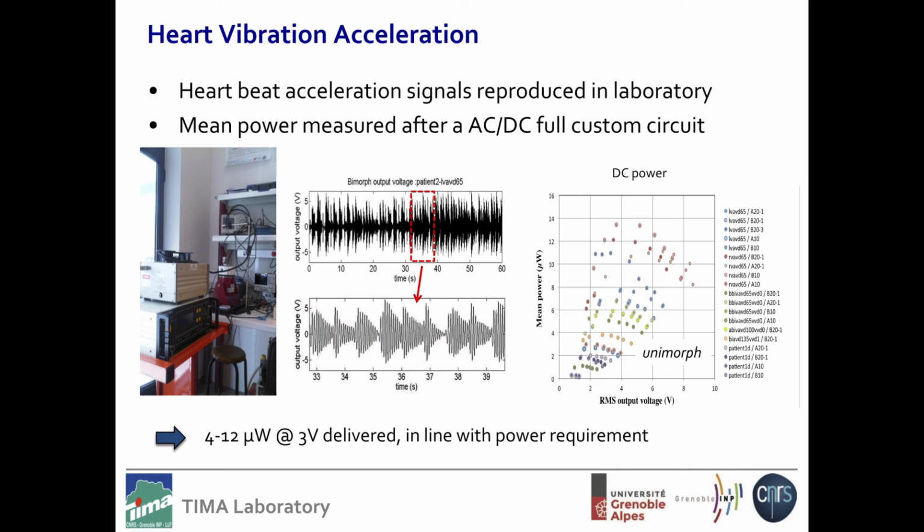So here you can see the bench setup, and we use some waveforms measured on the heart of a patient, and here you have the electrical results. And this curve is very interesting because, as I mentioned before, you have the mean power versus the voltage. Power is one of the key parameters, but also the voltage. So we obtain between 4 and 12 microwatts at 3 D, which is in line with the power requirements of this